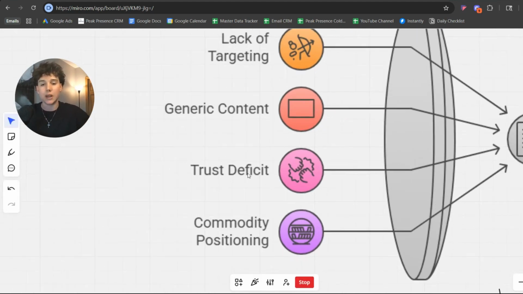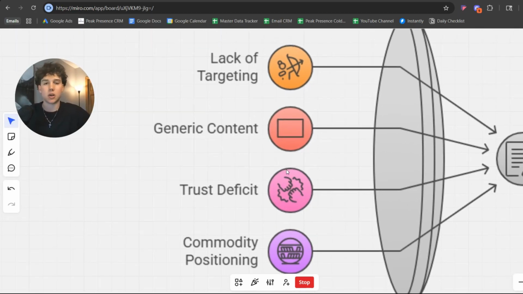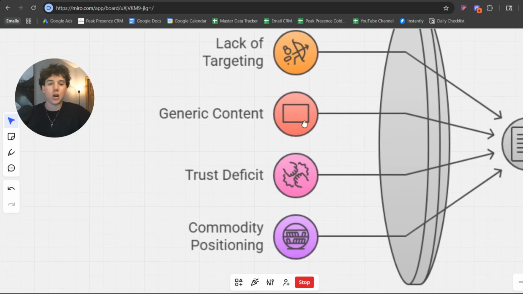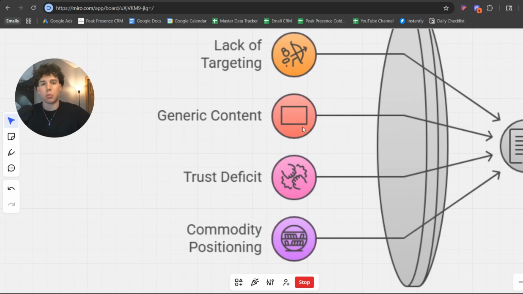And that leads me into the third point, which is there's just a trust deficit. No longer can you get away with just saying, hey, if you're thinking of buying or selling a home, give me a call. You can't just run generic ads, generic copy and paste stuff, pay a lead gen company to send you these people. Because even if they send you the best leads in the world, what's going to happen? They're not going to know who you are. They don't care about you because you haven't provided them any value. You haven't built any trust with them. So how do you think you're going to be able to convert them?